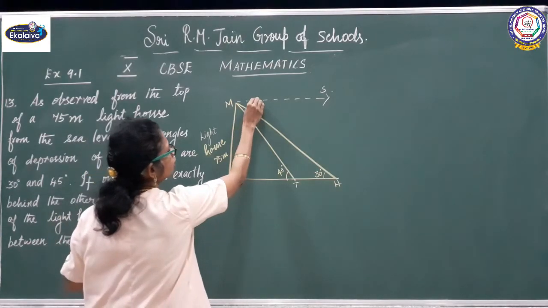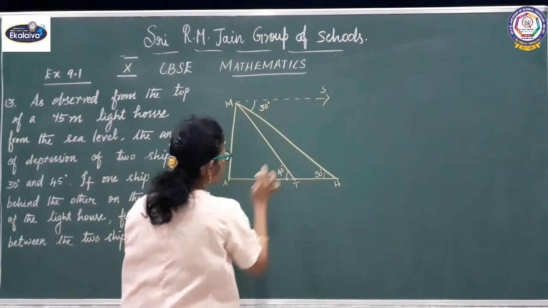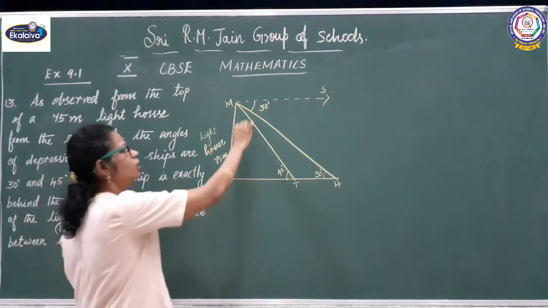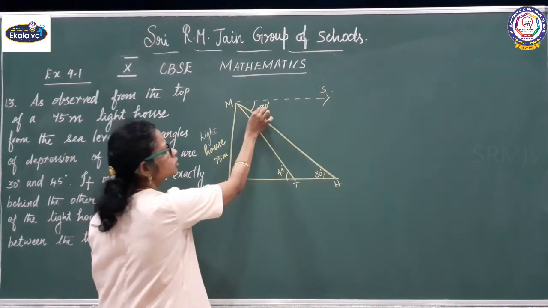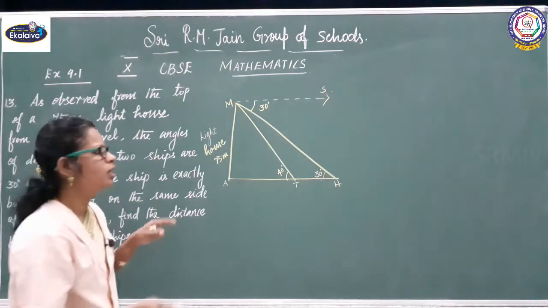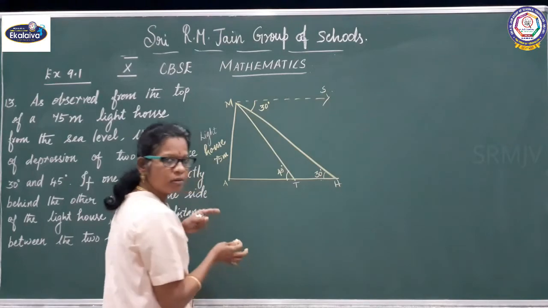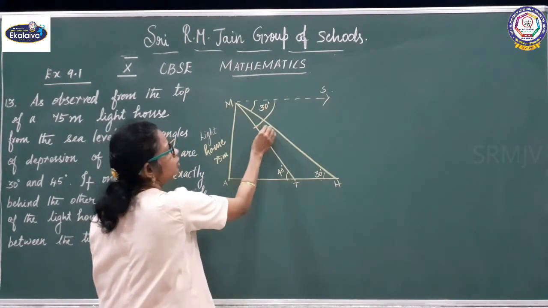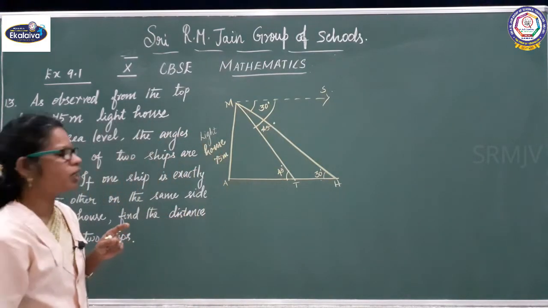So, what they said, this is 30 degree. See here, MS and AH are parallel. MH act as transversal. So, this is 30 degree means this is 30 degree, alternate interior angles. The same, MS and AT parallel. MT act as a transversal. This angle is 45 degree. So, this is 45 degree.